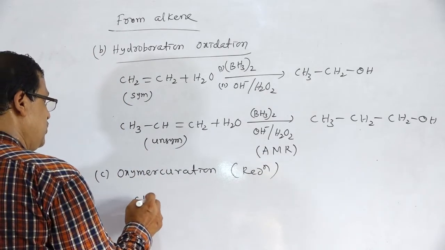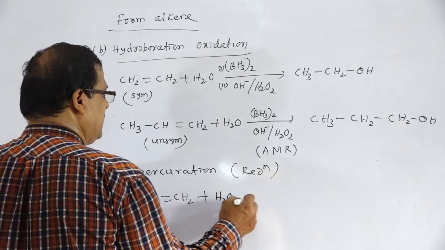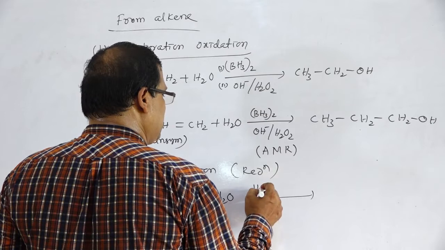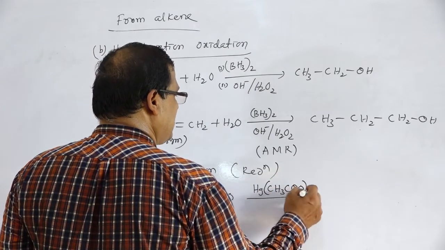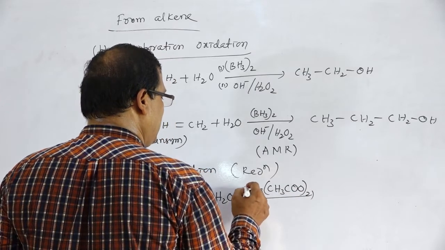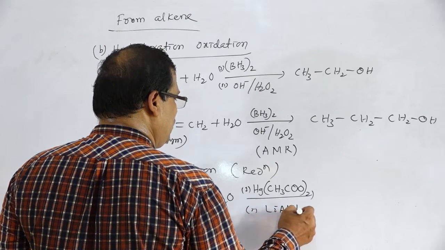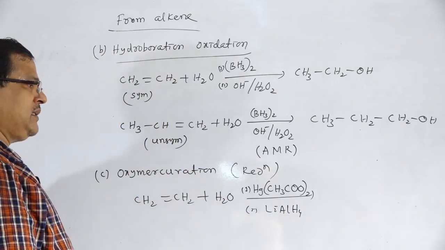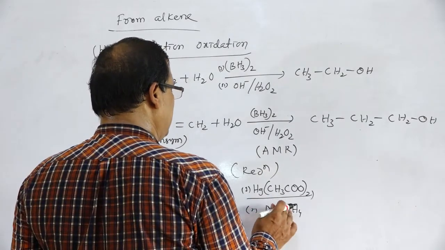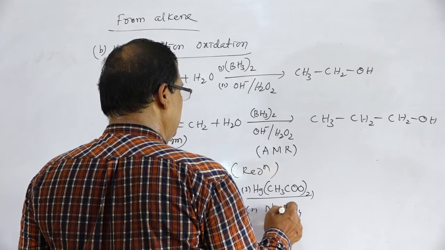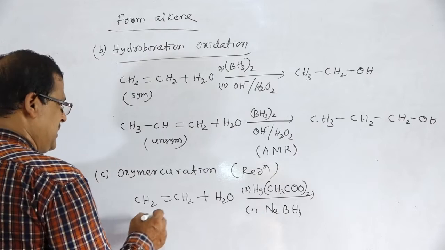That is CH2=CH2 added with water in the presence of mercuric acetate, followed by reduction with LiAlH4, lithium aluminum hydride, or you can take sodium borohydride also, NaBH4. So in this case, this is the symmetrical